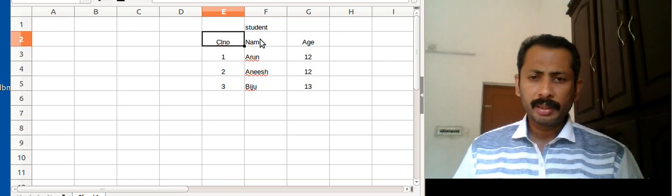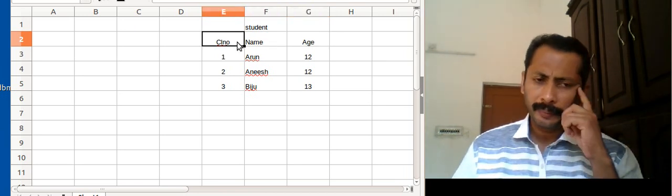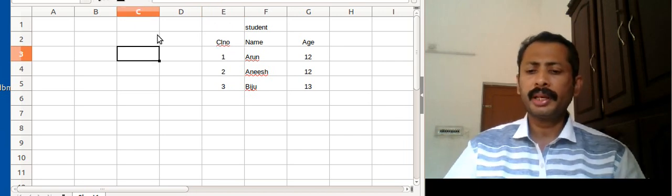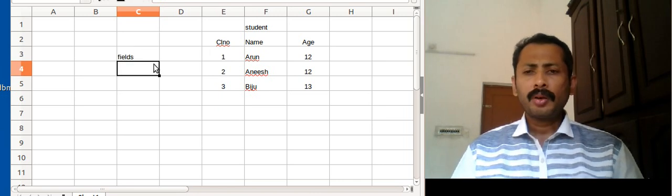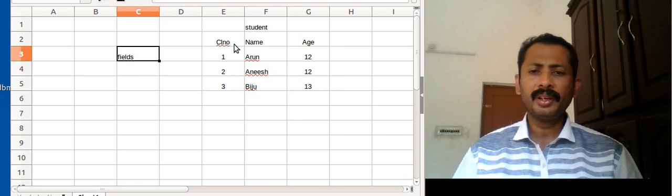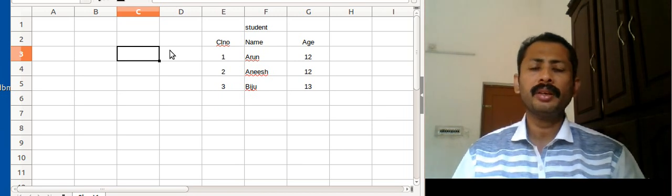So this is class number, name and age, and we call these fields. The column headings are called fields. So class number field, name field and age field. In this table we have 3 fields.